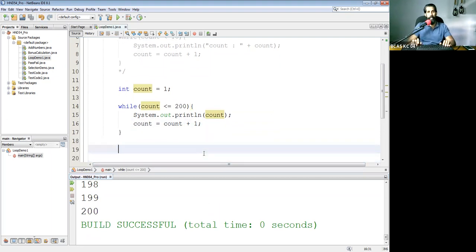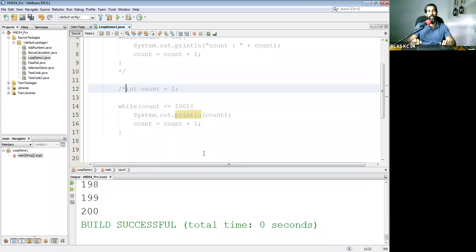So only a matter of a change in this condition here, we can do the work a lot. So I'm not tweaking a lot of variable names and logics. I'm using the same variable names. I'm using a similar type of logic and trying to explain. Previously, we printed from 1 to 9 because it was less than 10. Here we are printing numbers from 1 to 200. 1 and 200 both are included. So we need to make sure we can print 200 as well. So we have written count is less than or equals to 200. That is why I wrote it like that.